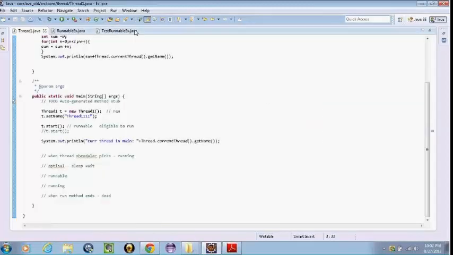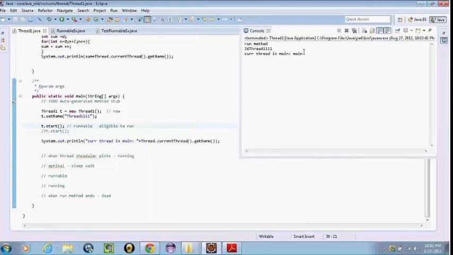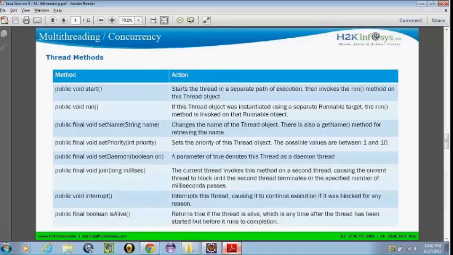So what is the run method? The run method is the exact task that the thread is performing. Whenever we have a thread object using a runnable target, the run method is invoked on the runnable object. And we have seen the setName method, which is used to set the name for the thread.